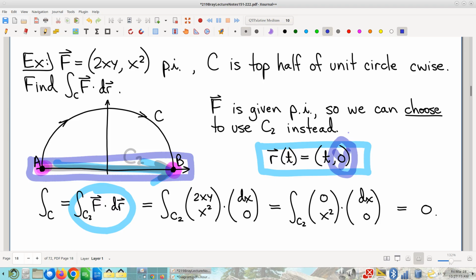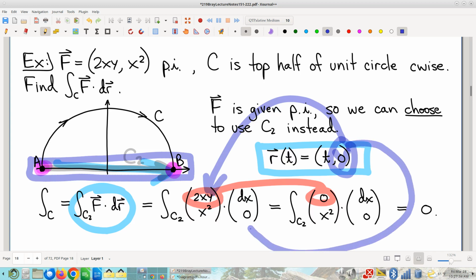Looking at the picture, perfectly obvious. y is always 0. And here's the thing. If y is 0, then that immediately tells me that that coordinate of the vector field is 0. And here's another thing. If y is 0, that also tells me that dy,